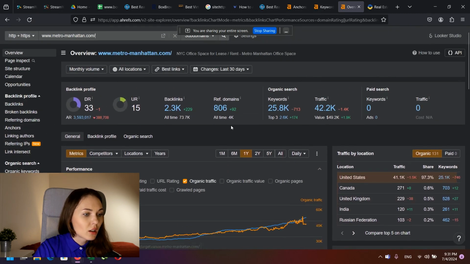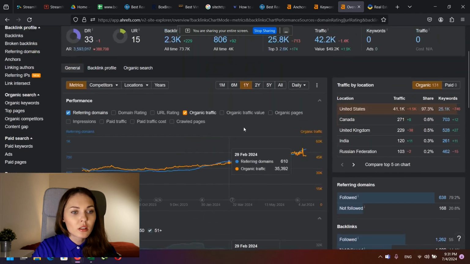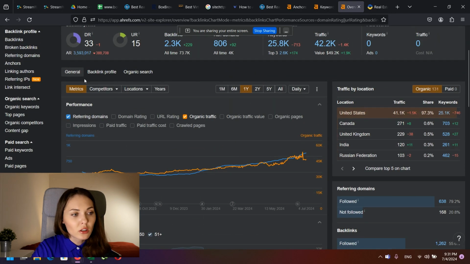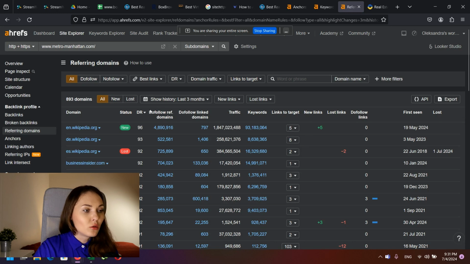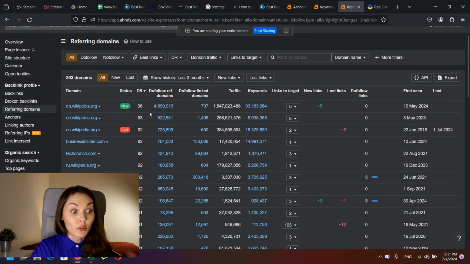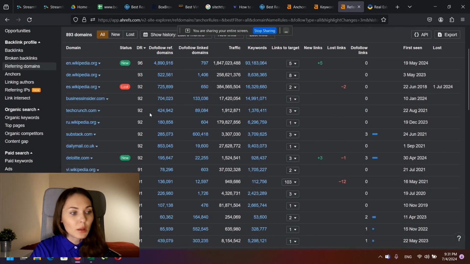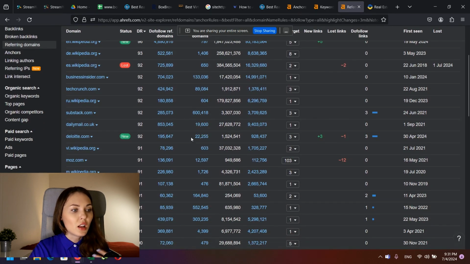Nothing to add. I have good traffic trends. I have primary locations. Everything looks fine. But let's go to referring domains. From the first glance, we see that this website has a lot of backlinks from Wikipedia, Business Insider, and